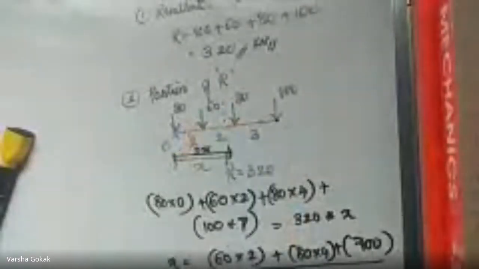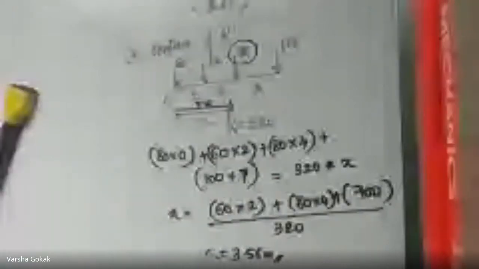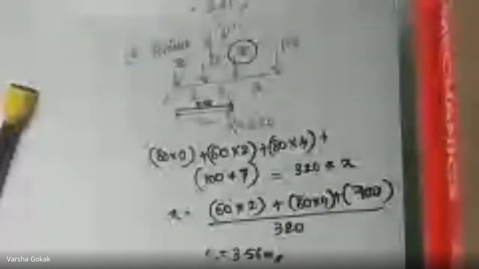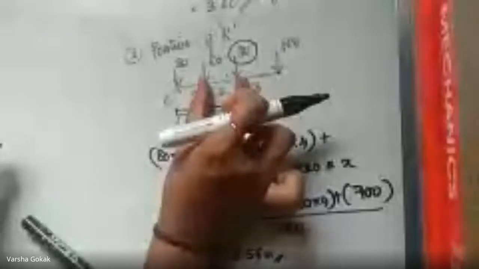Then the maximum nearer load is what now? 80 kilonewton. Between these two loads is that point, correct? Between the load 60 and the load 80 is your resultant. Whichever is the maximum load, there the maximum bending moment or the absolute bending moment is going to occur.